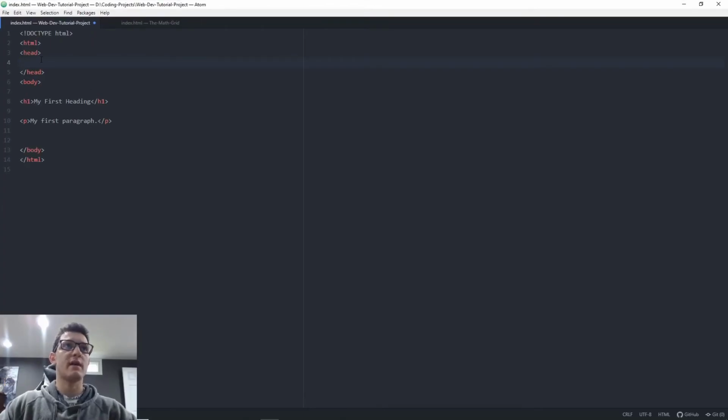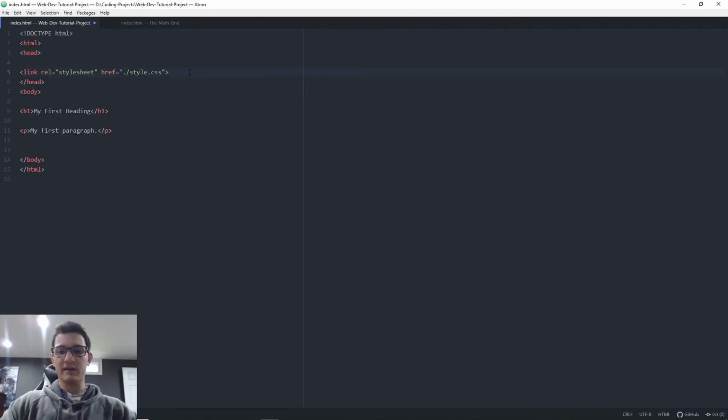So the way to do that is you have your head tags right here that I just wrote, and you want to put that after the HTML and before the body. We're going to go ahead and write a line of code that looks something like this. I'm going to modify this because we want to attach our style sheet that we're going to create in a second here. So it basically says link rel style sheet equals